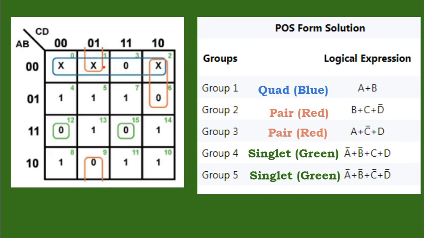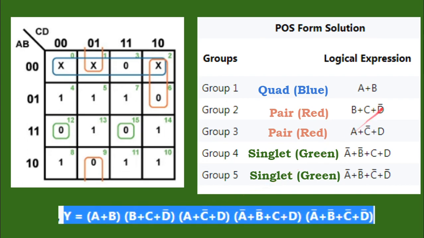First you have to fill the map, then form the groups and write the respective groups available, and you have to write the equation for the respective groups. Then we have to join all the terms to find the simplified POS expression. So what is the expression here? You have to sum up all the terms because everything is there in the equation. The quad equation plus pair 2 equation and then singlet 5. So 5 terms will be there in